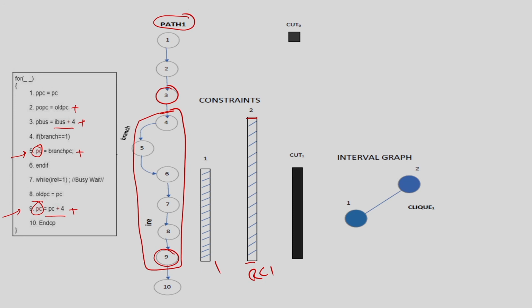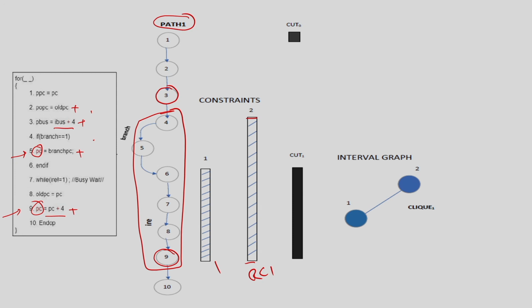I need at least 4 timestamps to execute this. I will identify one constraint between these two, one constraint between these two, and also one constraint between these two. So, there are 3 constraints to be added here, right. Obviously there must be some constraint from here to here, but because these two constraints satisfy this, I do not need it. The point here is that a resource constraint may add many such constraints. You have to add this kind of constraint for all possible resource conflicts. So, this is my second constraint.